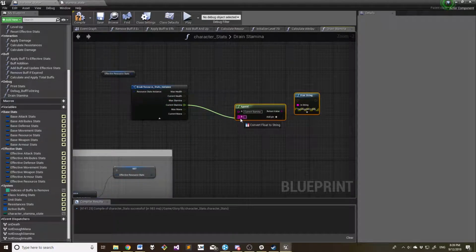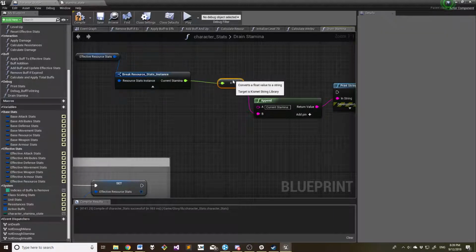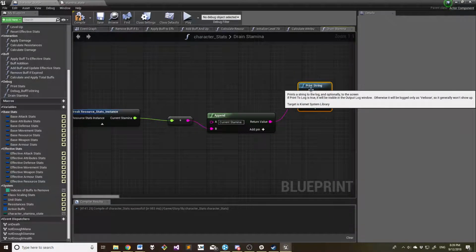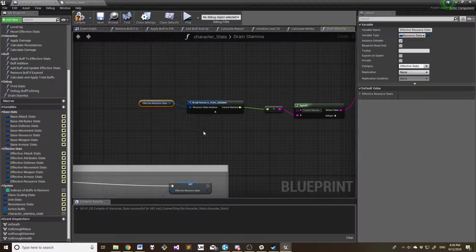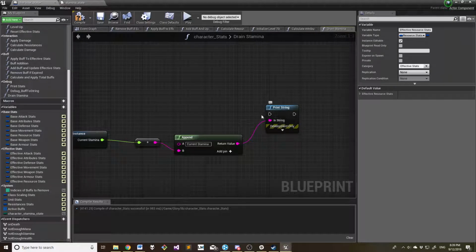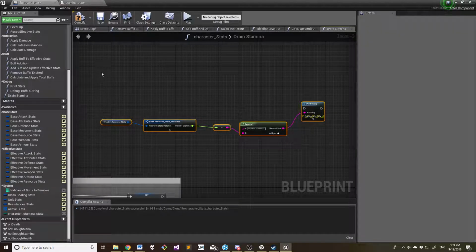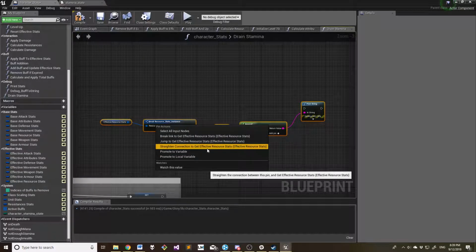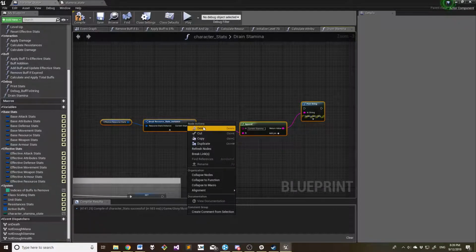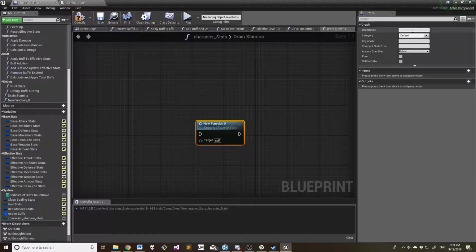So we take the current stamina, drag it in, and remove all of these other nodes. This is going to print out what the current stamina is at this point in time. As you can see, there's an execution triangle right there. So we can drag select, right click one of the nodes in there, and collapse to function. It becomes a new function, and we'll rename this,